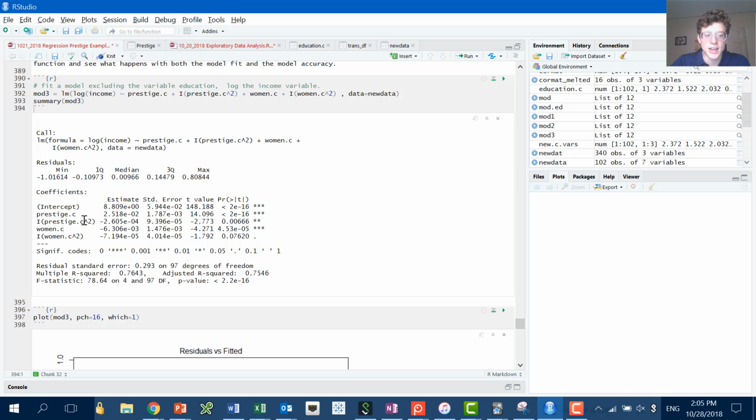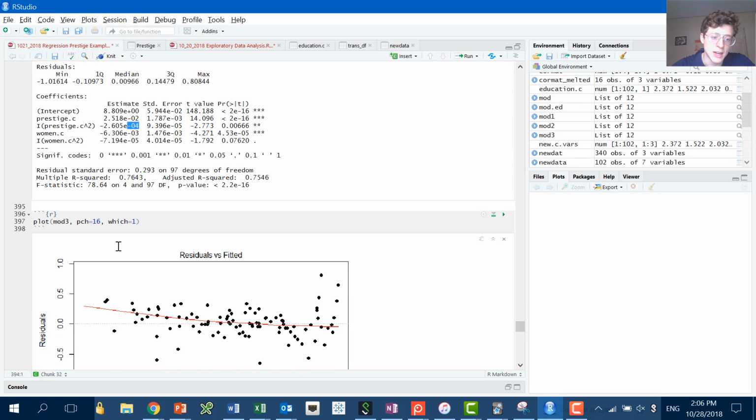In this case, what this means is that if you increase prestige by 1 point, it has not only a linear effect, but also a multiplicative effect, meaning that the more prestigious it is, it will over time curve down, so it won't go as fast. So it's initially more fast, and then it will slow down over time.